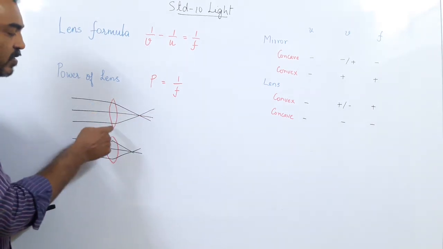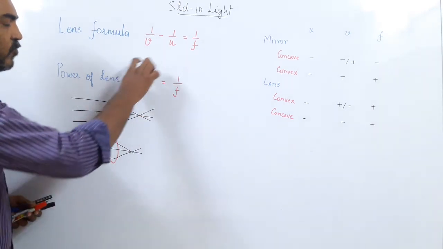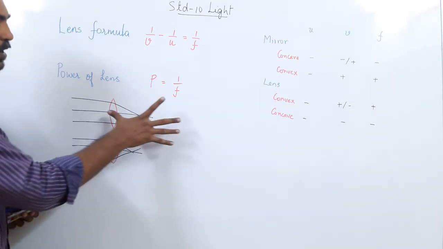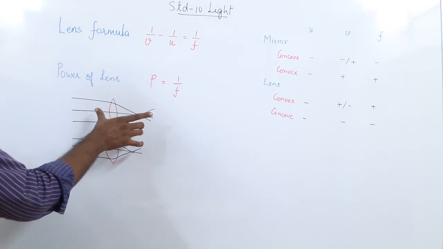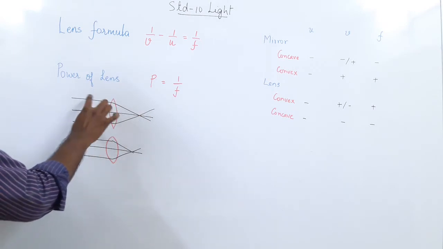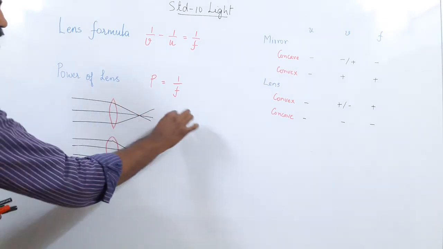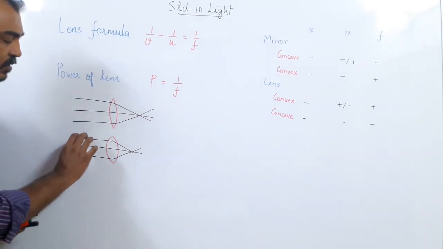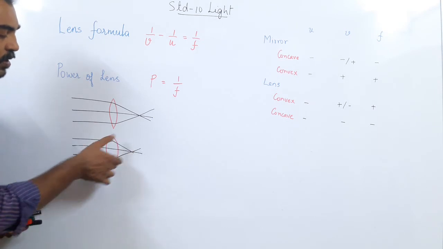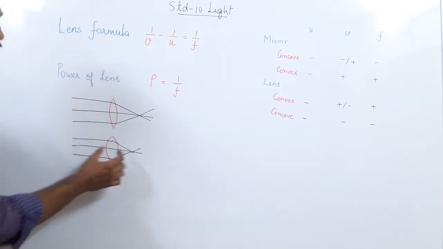Now see this surface. It is thin, meaning it forms a bigger circle. So the radius is more, so focal length will be more. And when focal length is more, the lens is thinner. So it bends light, but the light meets at a far off distance. The bending is less. In a thicker lens, the light bends more. Because it bends more, it meets at a shorter distance.